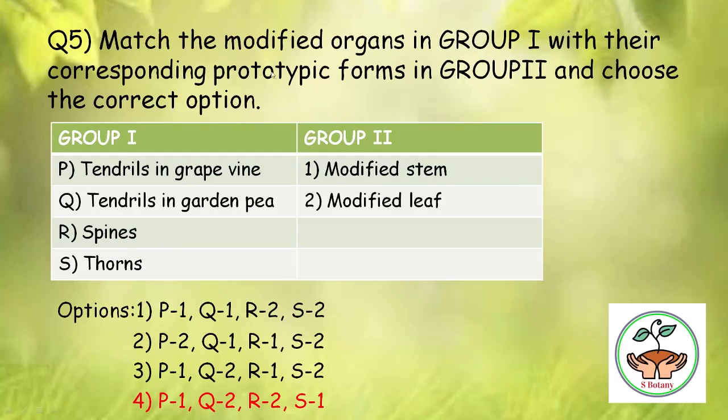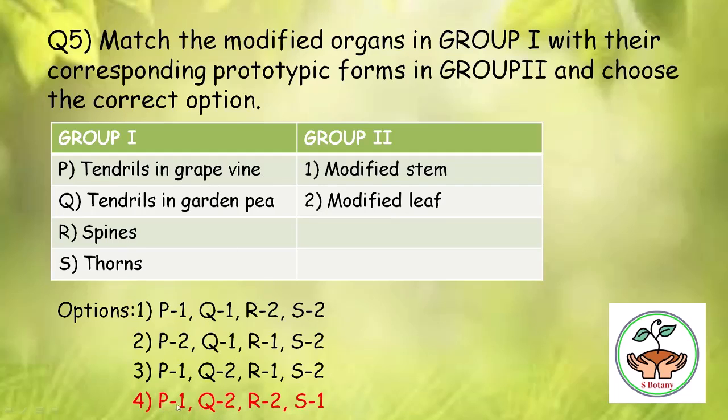Next question is, match the modified organs in group 1 with their corresponding prototypic forms in group 2. Here the first group has the tendrils in grapevine, the tendrils in the garden pea, and spines and thorns. As we know, the tendril in the grapevine is the modification of the stem, and the tendril in the garden pea is the modification of the leaf. So the correct option would be P1 and